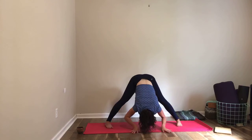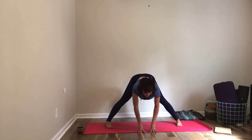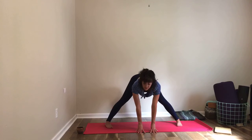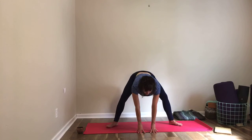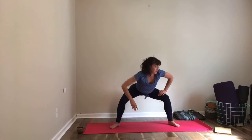And then you place your fingertips underneath your nose. Feel free to use a prop, lift up about halfway. You're going to take your toes out and your heels in and drop your buns back for a little goddess pose. Walk your hands onto your thighs, roll your shoulders back,